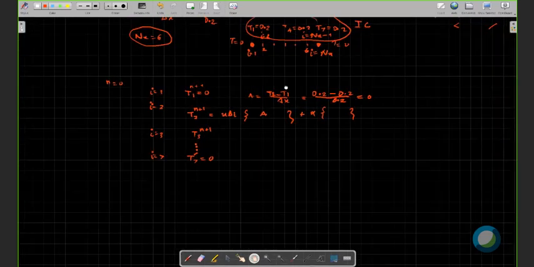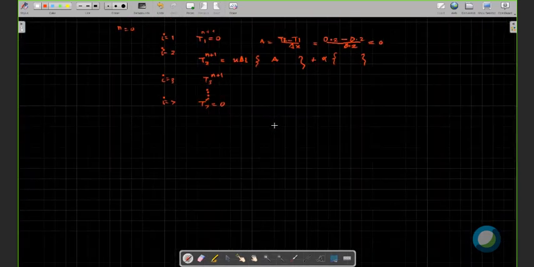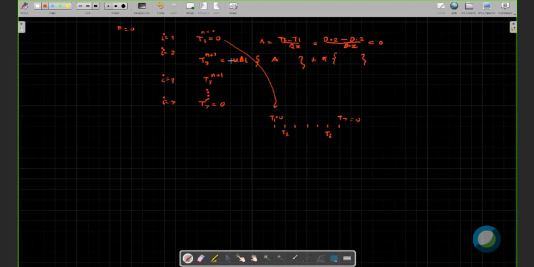Now the same grid, 1, 2, 3, 4, 5, 6, 7. Now here there will be some value. T1 will not change and T7 will not change because those are boundary conditions. So they will always be 0. But T2 may change, T3, T4, T5, T6 may change. So these will be the latest values. These will be actually these values. T2 will be this value.